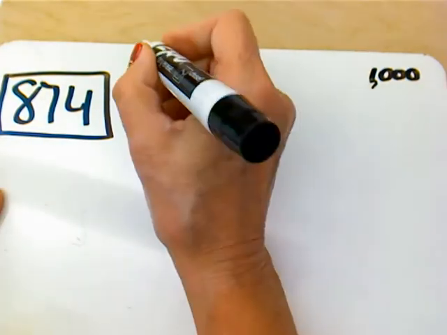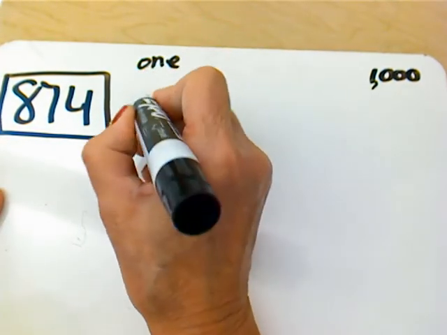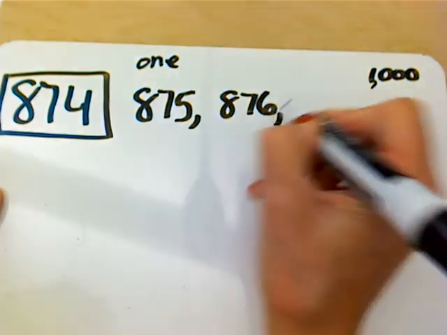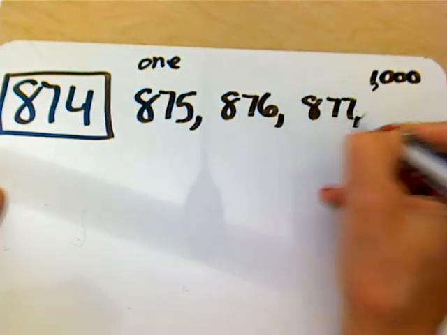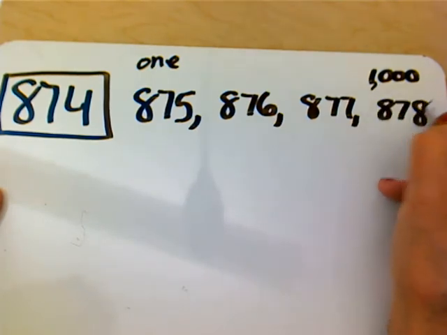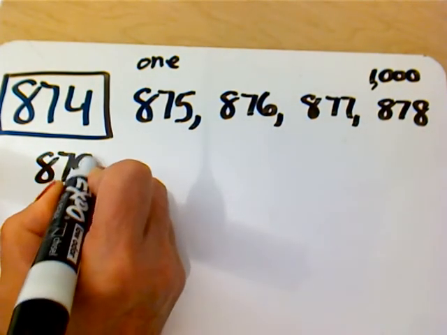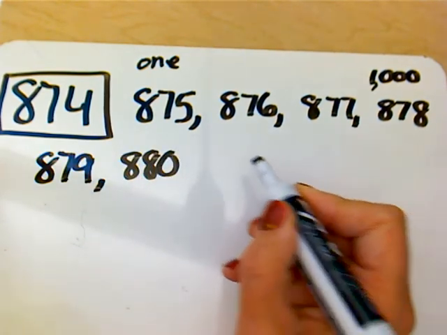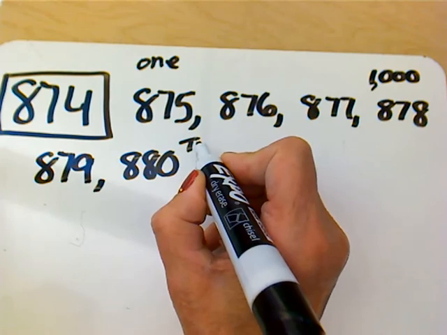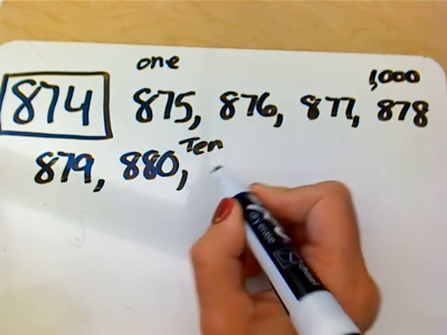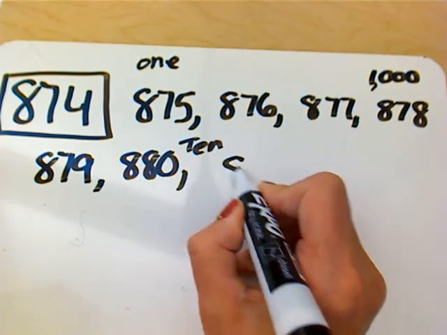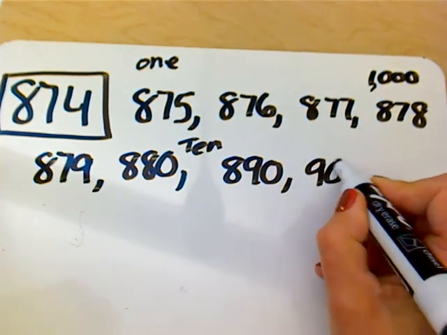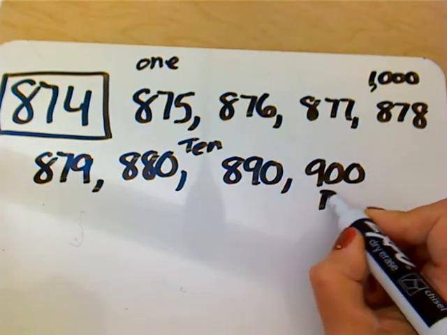Are you back? I hope you started counting by ones. 875, 876, 877, 878, 879, and yay, a benchmark, 880. Whew, I could start counting by tens. Let's do it. Count by tens. So 880, 890, then where do I go to? 900, another benchmark,